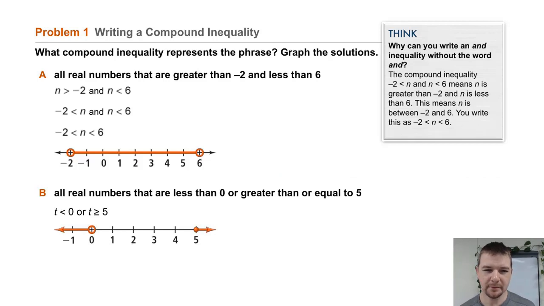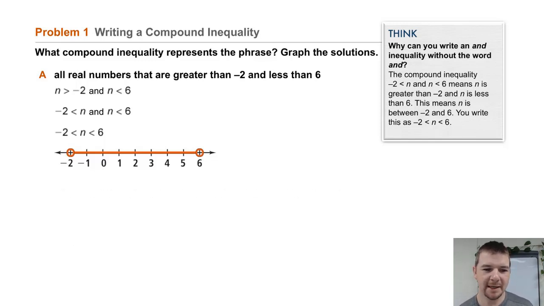Problem 1. Writing a compound inequality. What compound inequality represents the phrase, graph the solutions? A says all real numbers that are greater than -2 and less than 6. Well, considering the inequality is written this way, n is greater than -2 and n is less than 6, well,